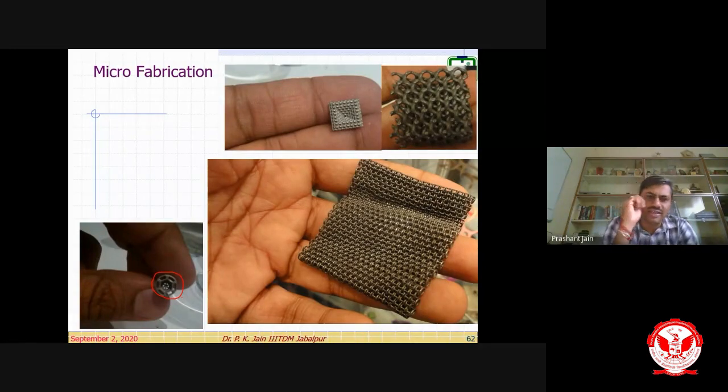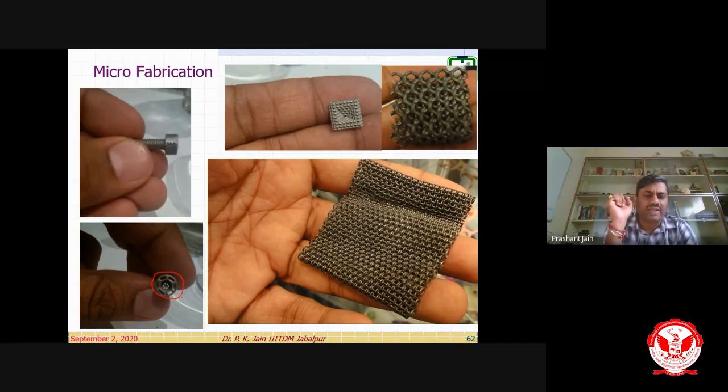These are screws installed within the human body, so tissues need to pass through this, and these cannot even be made with any other process, even wire cut, EDM, etc. You see, in the horizontal direction also there are holes, right?